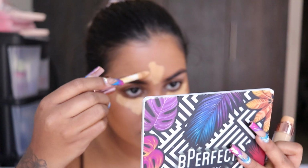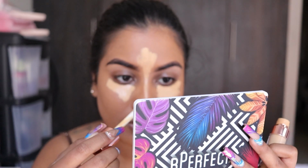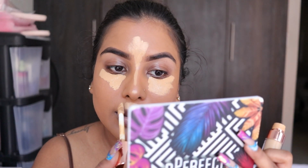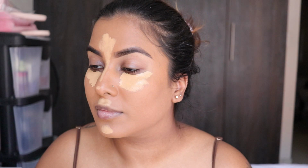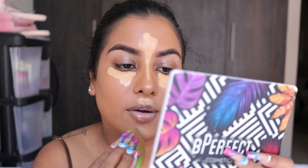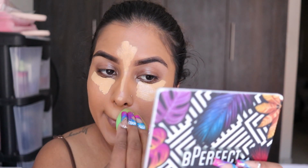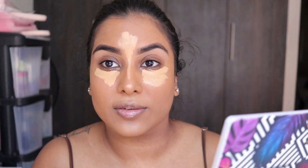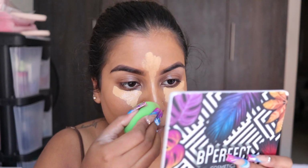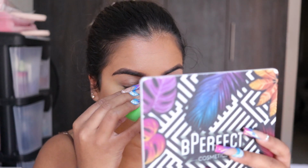down the center of my face, tip of the nose, upper lip, and chin. And then I'm gonna blend this all out with my beauty blender, starting from the middle of the face and then working my way to the under. Okay, so